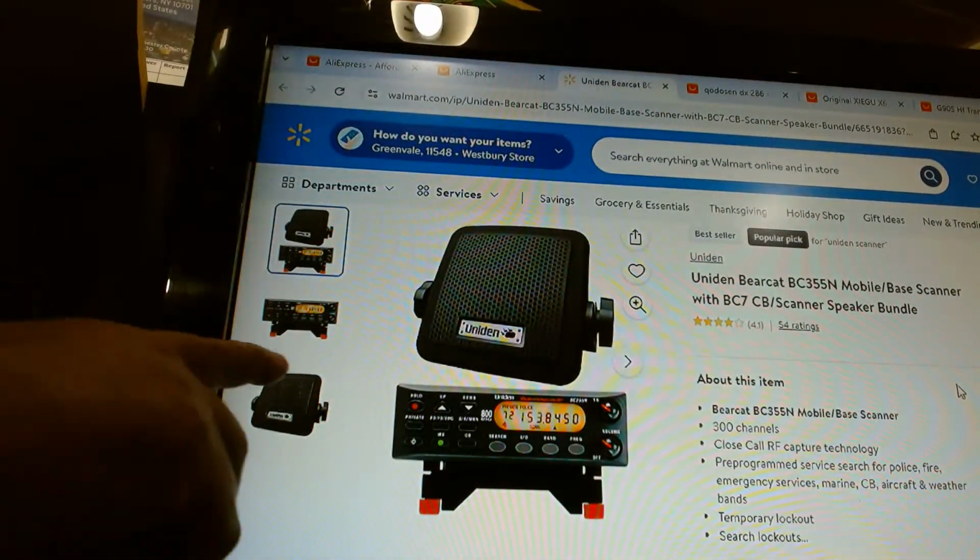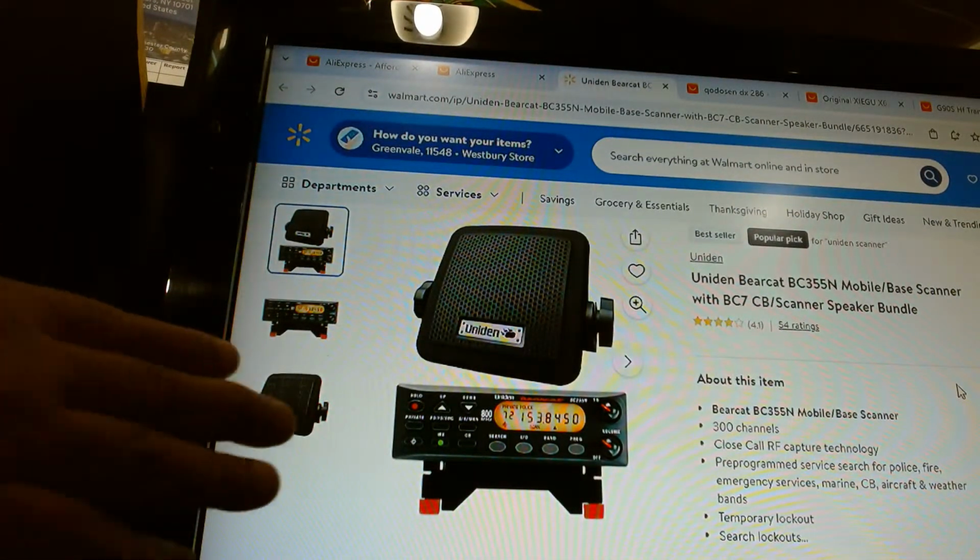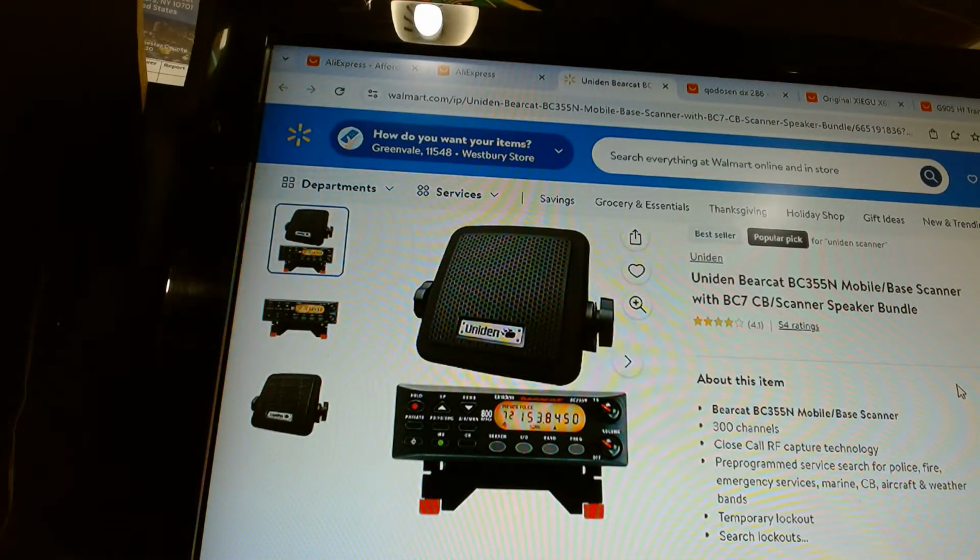That antenna with this scanner, until I bought the discone, I had fun. I had fun with that antenna. You have fun. You put that antenna on the windowsill. You have an apartment, you're good to go.